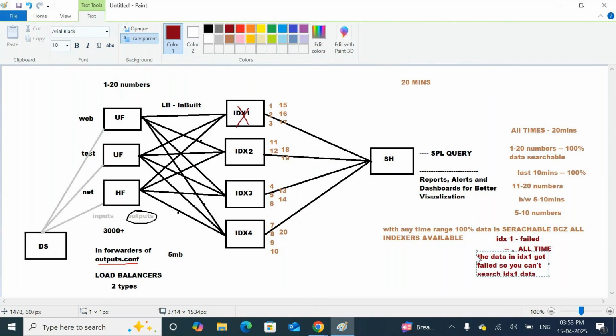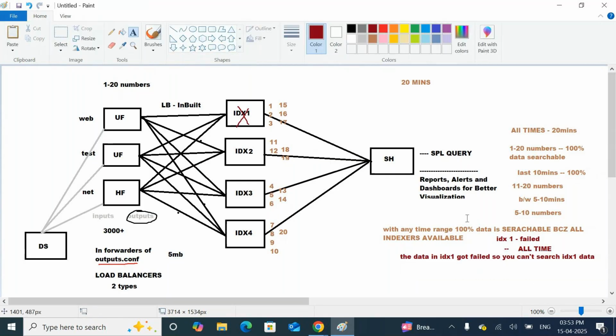Understand? Yes, sir. That means not 100% searchable. In this scenario, if indexer 1 failed, the data in indexer 1 will not be searchable from all time. All time means all the data needs to be searched from the day itself. Whatever data was in indexer 1 is lost. You got my point, sir?